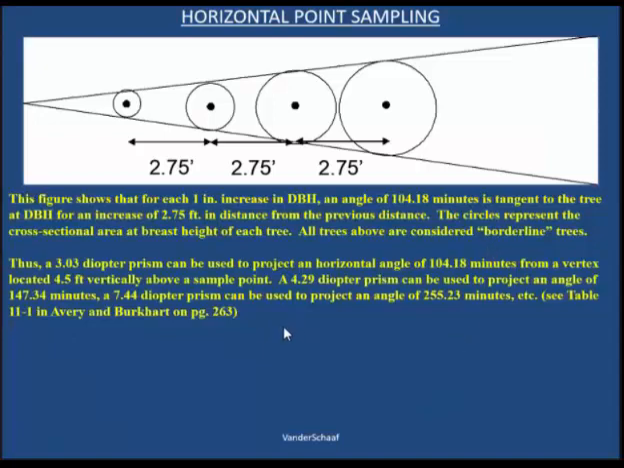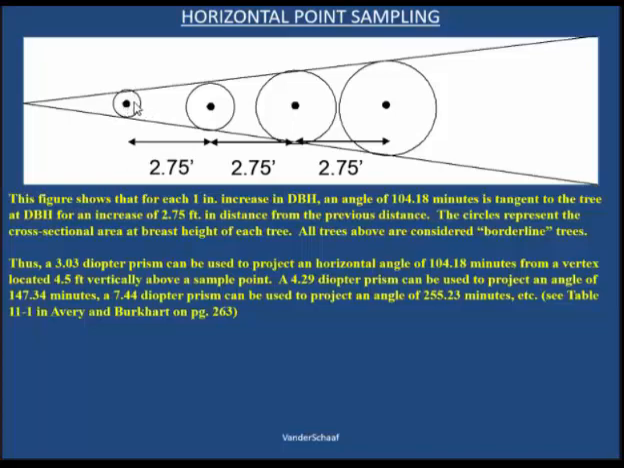Since we are projecting horizontal angles, there are certain mathematical relationships that we can take advantage of. As the angle's sides continue to diverge, this offers us some unique qualities to that behavior that allow us to do certain measurements in the field that help us with sampling. So this figure shows, for instance, that for each 1 inch increase in DBH,